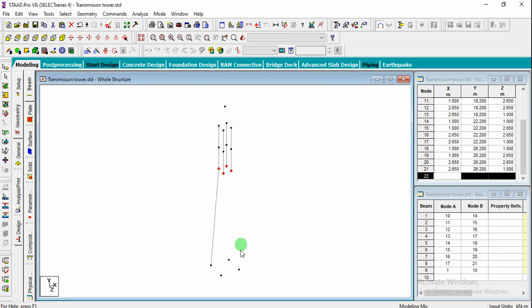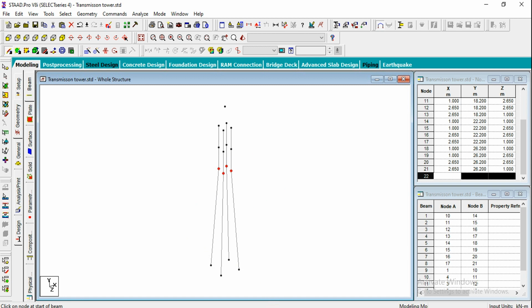So similarly, we can go for add beam, first node and this second node, similarly first node and second node. So actually these are reflections, right? Whatever the left side figure is, that has been reflected to the right side. You can complete any part, left or right, and you can mirror that one.